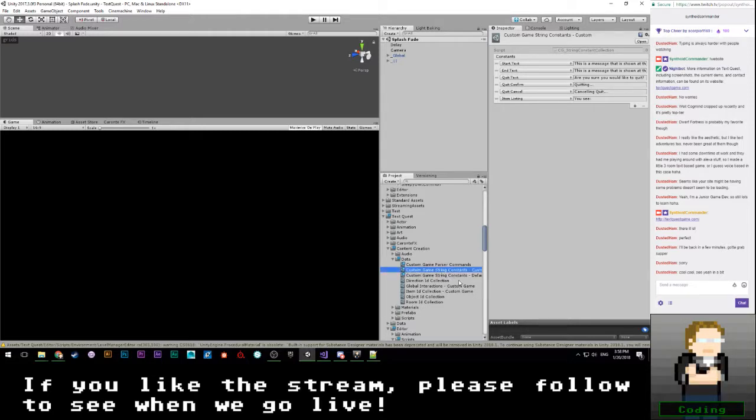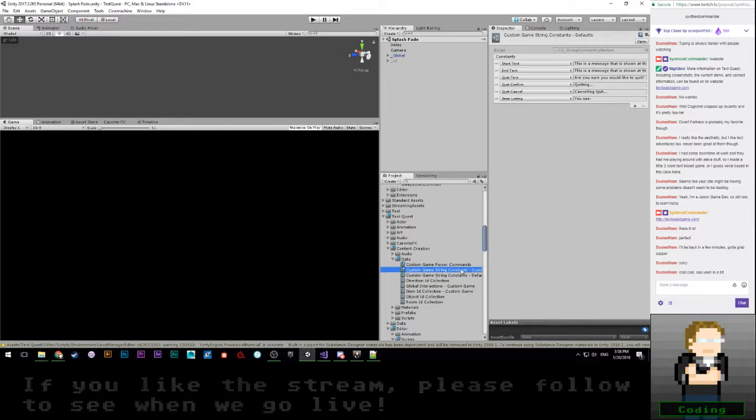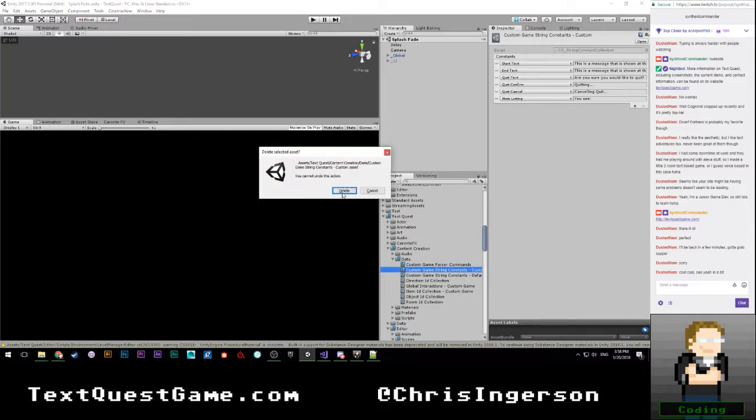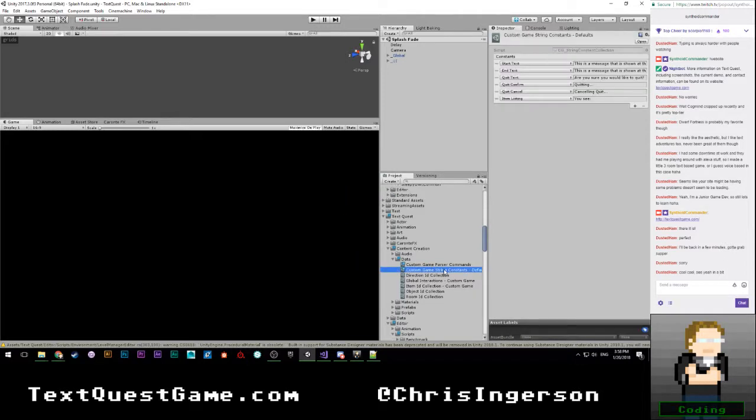So that way I can, well, actually, you know what? No, I don't really need that, do I? I just need the default one. So this will be a comprehensive list of all of my default values for these particular strings. And then what I'll do is when I generate a save file, I will go through and just generate values for each of these based off of defaults. And then if you customize it, it'll save those as opposed to the default value. So I don't actually need a second scriptable object.